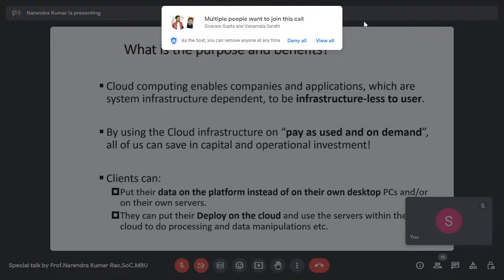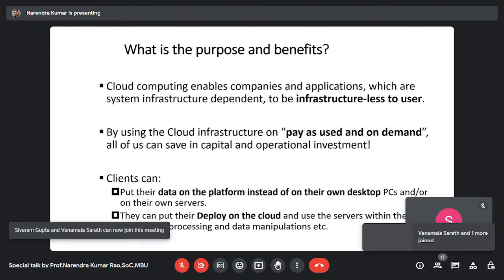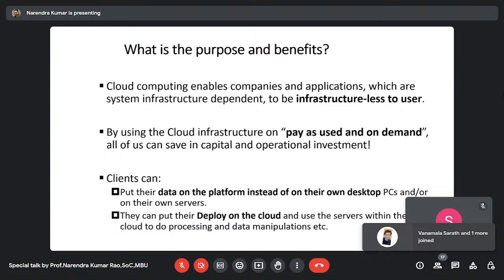So again, the question that will come to your mind is, why do I have to pay? Actually, as an end user, we need not have to pay, because Google offers many things free, and AWS offers up to $200 free. And there may be one more cloud which offers up to some storage limit free. But that storage limit or computation power which we get free may not be sufficient, because you may have to really go for enterprise